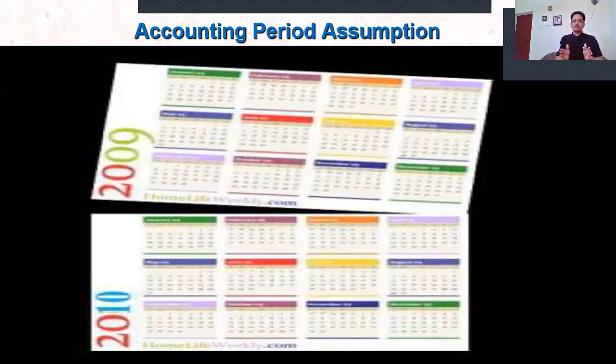So according to this, normally the financial statements are prepared for 1 year, as you know. So it is yearly, annual accounts. You have to follow that. For this accounting period assumption, one of the things you have to be very careful about is the